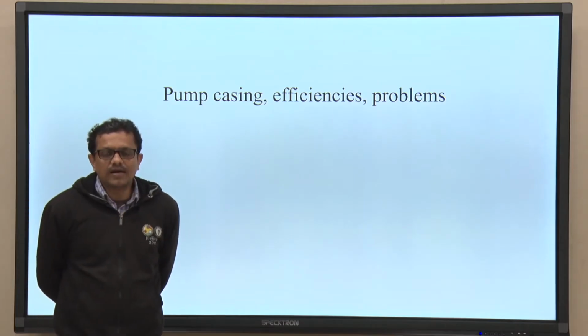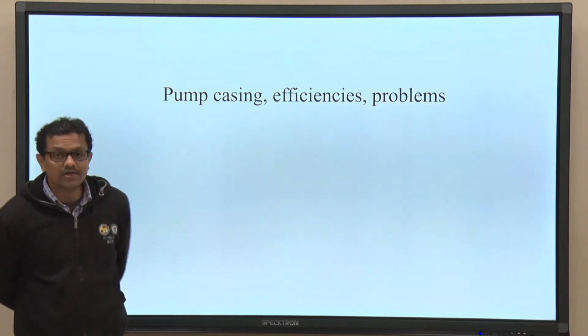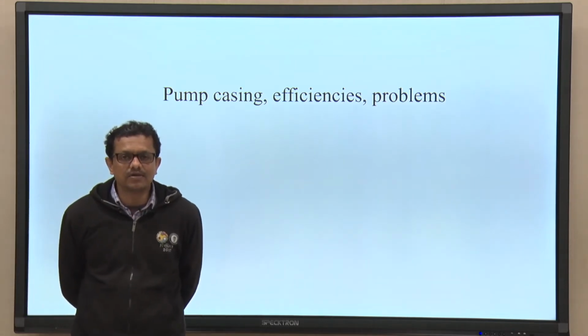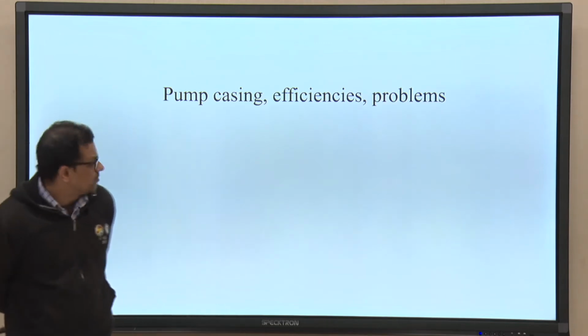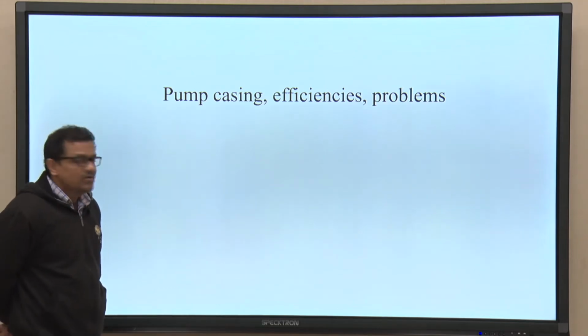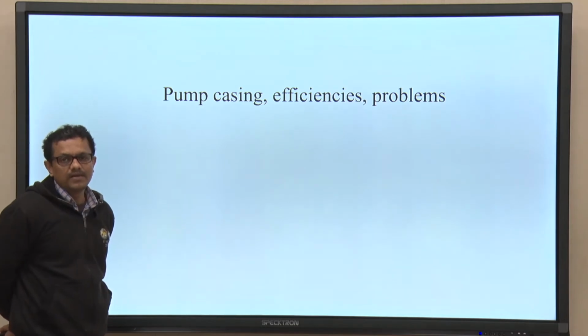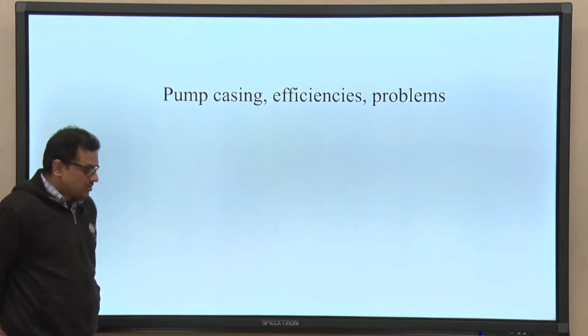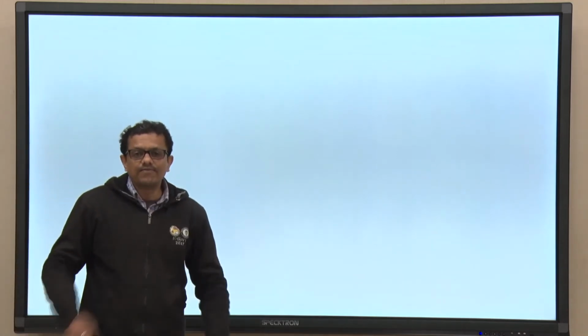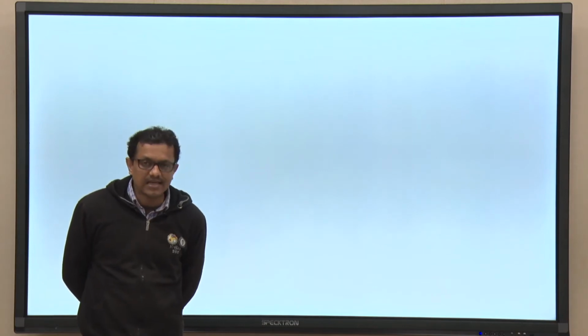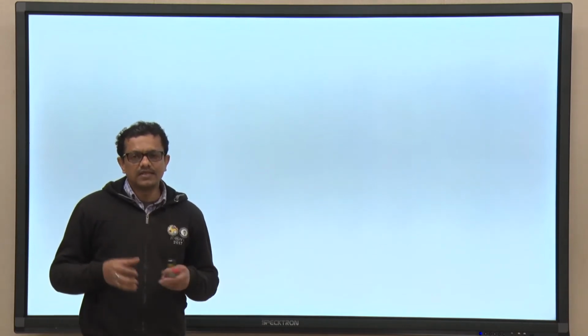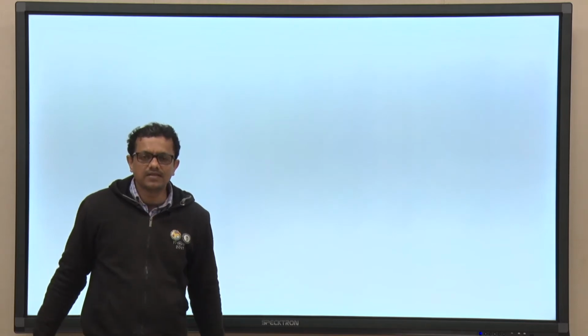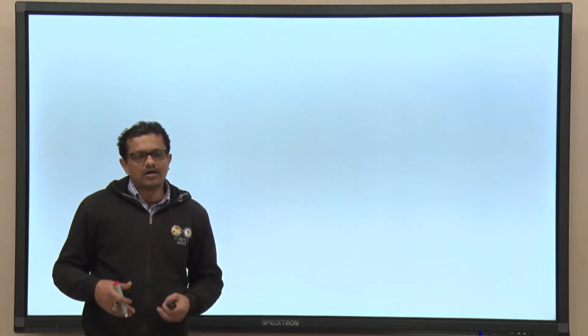I welcome you all to the session of hydraulic machines, and in continuation of my last lecture on different types of pump casing, today we will discuss the same topic and then we will go to discuss about different pump efficiencies. Okay. So, if we can recall that in the last class we have discussed about the need of having pump casing, and then probably we have seen three different types of pump casing which are used mainly for the radial flow pump. So, if we try to write the pump casing,